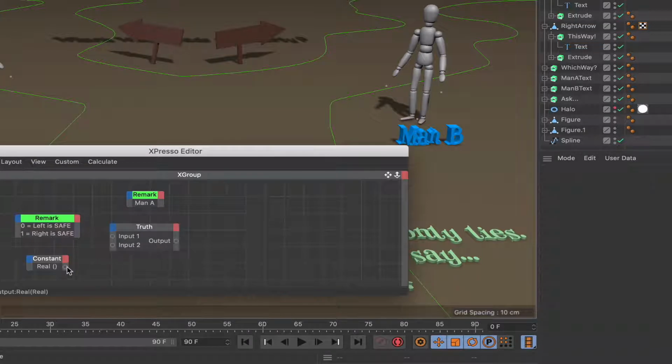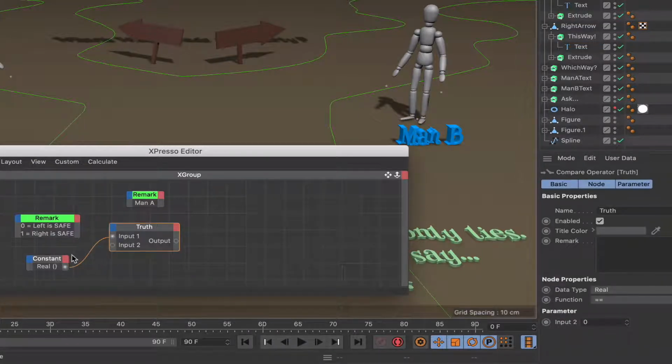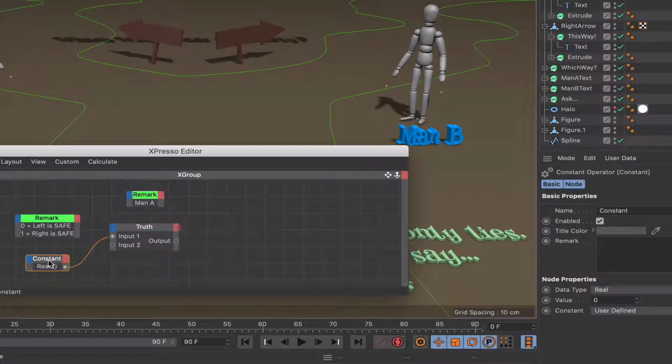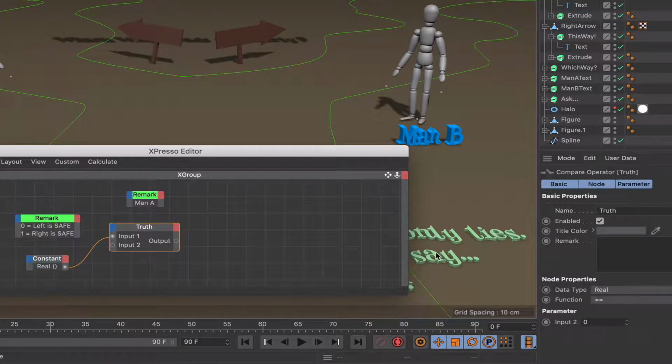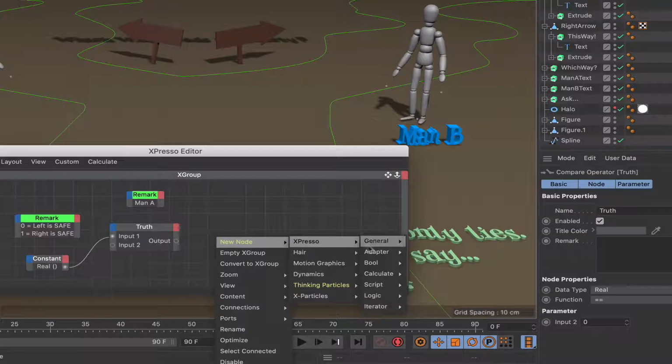So if I plug this into here, it will be fine because our constant is currently 0. So we've got 0 in there, and our compare, or our truth, is asking, is the function is equal to, which is fine, and we're asking if the input is equal to 0, and of course it is, which will give us